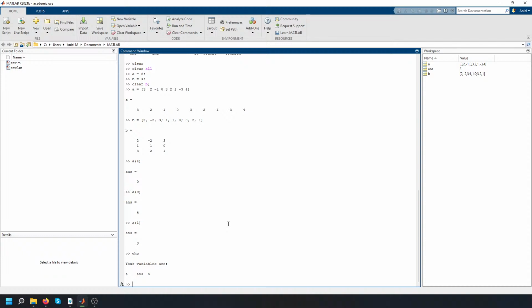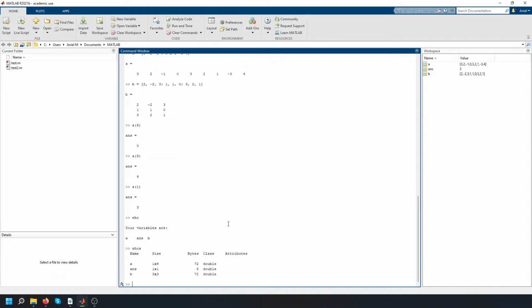The whos command basically gives us all the extended information for these variables. It tells us the size of our variables, whether it's a vector or a matrix. We can see here our A vector is a 1 by 9, being 1 row by 9 columns. Our answer here, which we were doing a little bit earlier